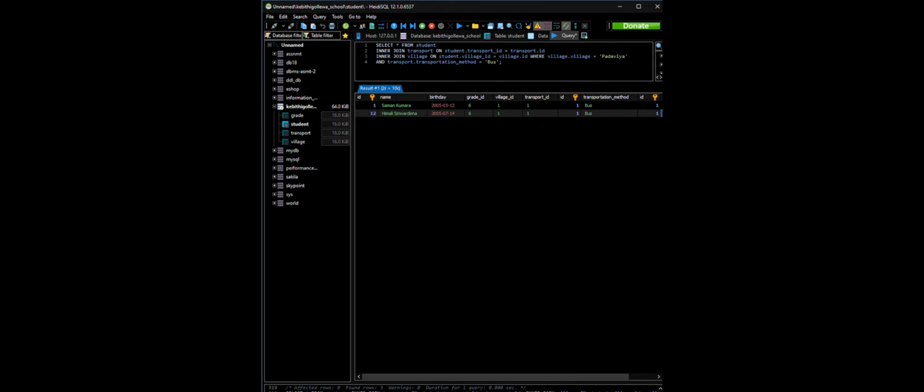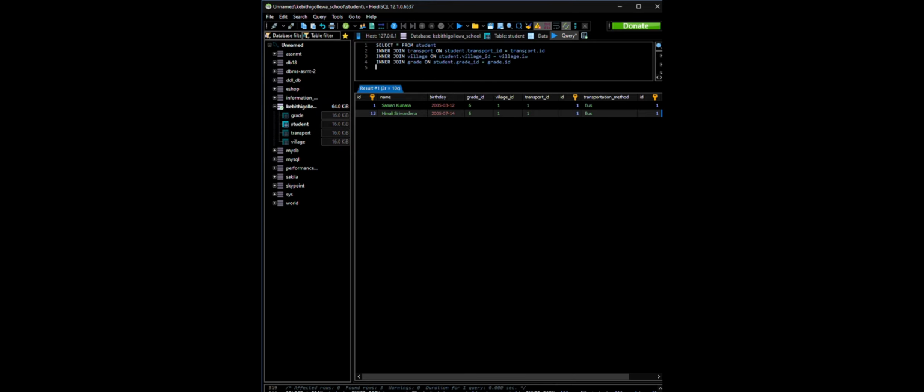So yes, next we are going to select the names of the students who study at grade 9 and come from Mihintale on foot. So there are some parts which I can keep here, without erasing the whole text. So I can keep up to village ID, because we need these inner joins, and next we are going to inner join our grade as well. So we have grade on student dot grade underscore id is equal to the grade dot id,